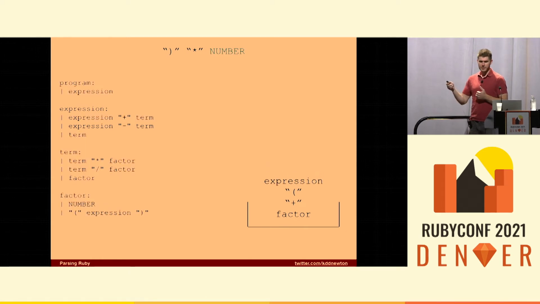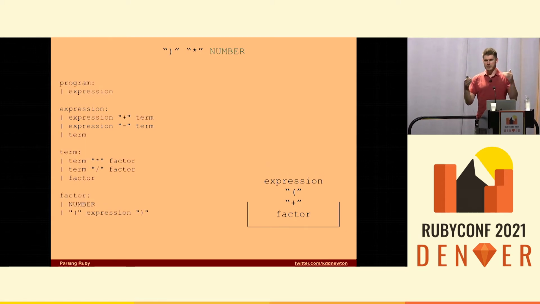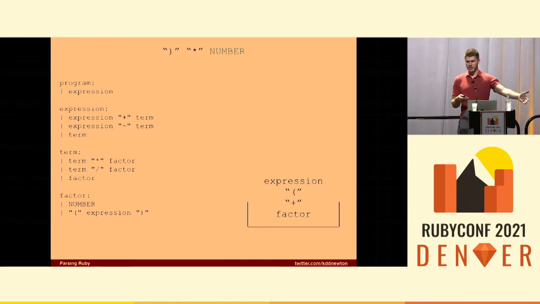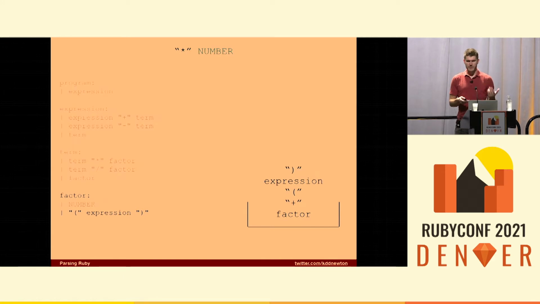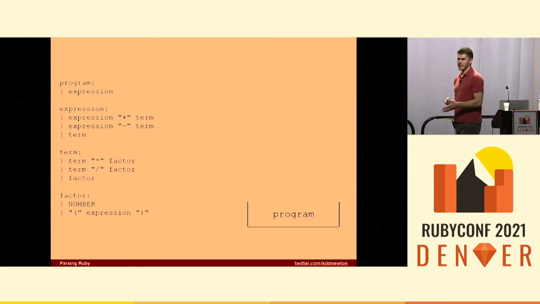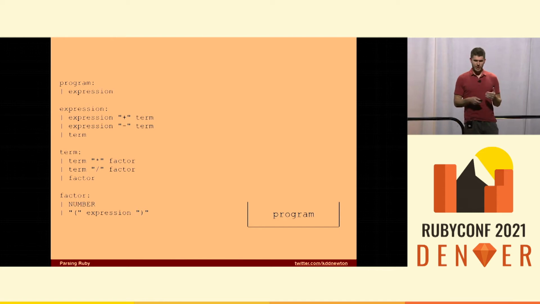As it gets reduced further, we can go through this process and just keep substituting things. If we ever get to a point where we can no longer substitute something or shift a token, then we throw a syntax error, right? We continue down this process. We look at the various rules. We continue to shift. Overall, we finally get to the end of our input. We substitute all the way down to program. At this point, we have accepted our input, and this is a valid syntax for our grammar.